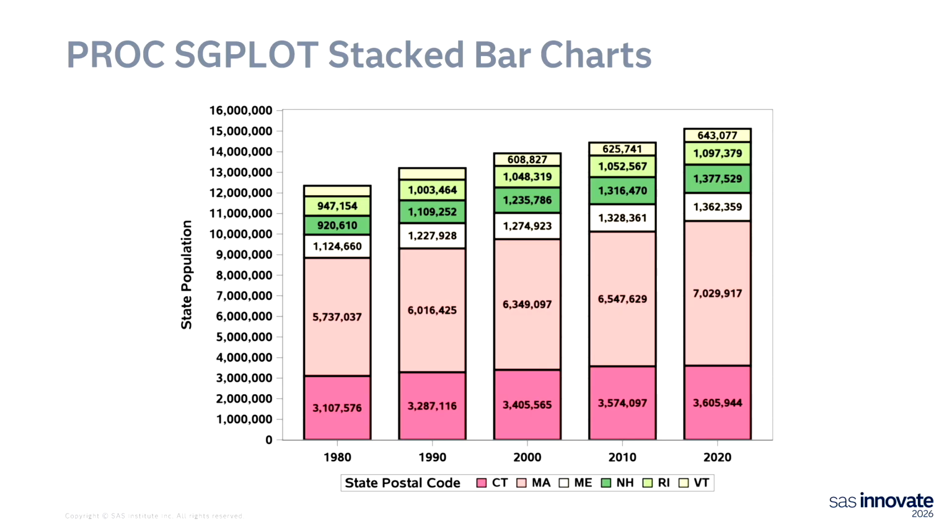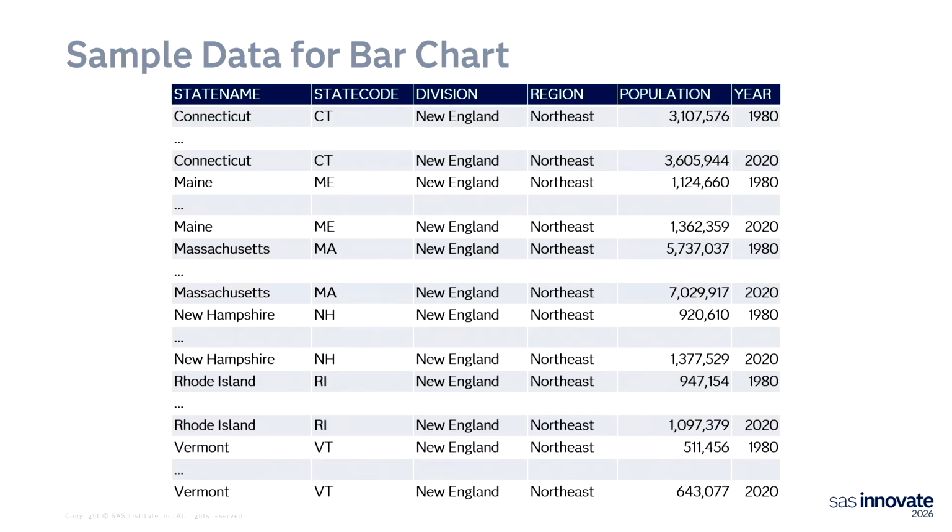And so we are using the New England set of data that is in the SASHELP states. I believe it's called STATES. SASHELP.STATES is a very wide data set. Lots of data in there. We are only using a very small portion of it, and we transposed the data because, as I said, it was a very wide data set, but we had to make it so it was one record per year rather than having one record per state with all of the data on one row. So this is the data that we have produced. It's just a simple transpose of the data, subsetting for the Northeast region.